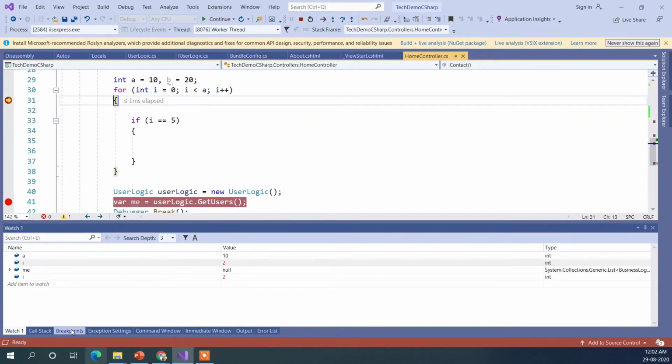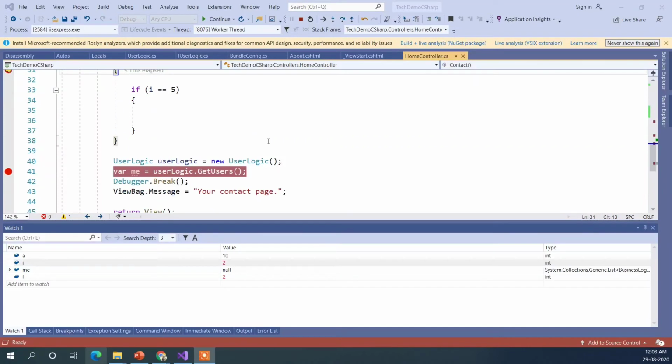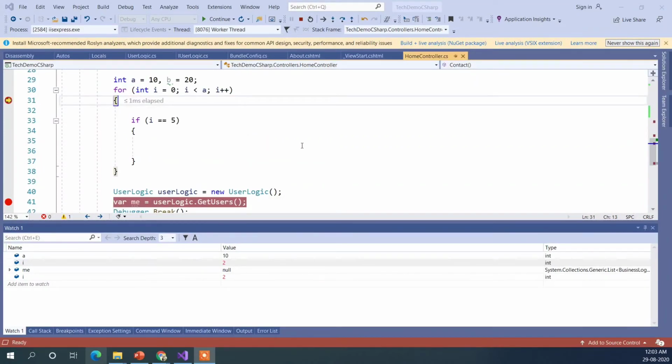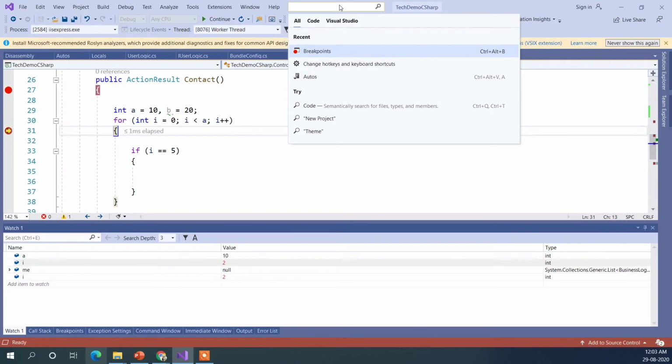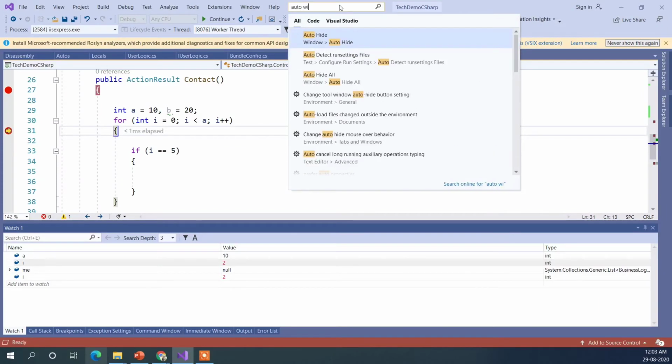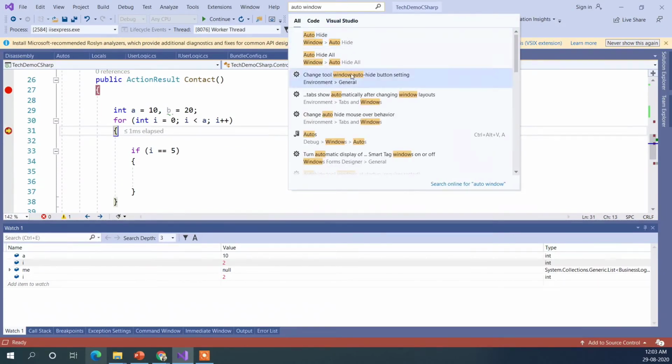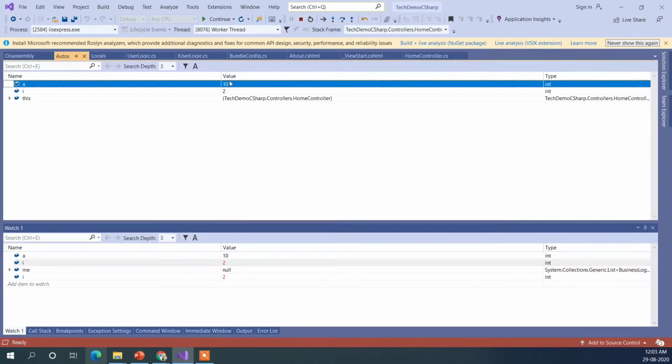And similarly we have autos and locals. With autos, the auto window will show only the active variables we have. So let me just open the auto window. This is the auto window.